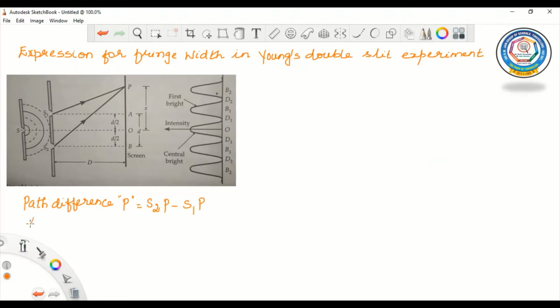So let us consider the right angle triangle S2BP and S1AP. What is S2P square minus S1P square? S2P square is nothing but S2B square plus PB square,